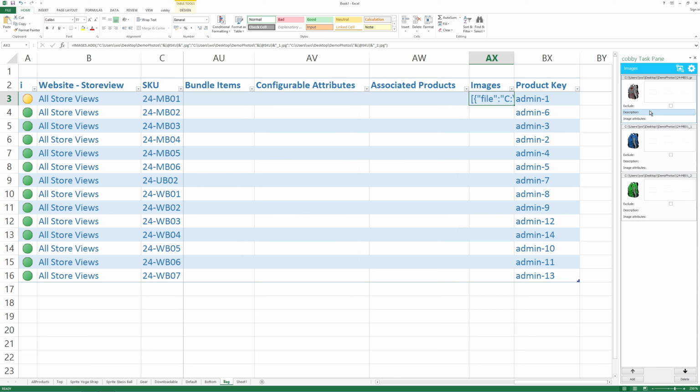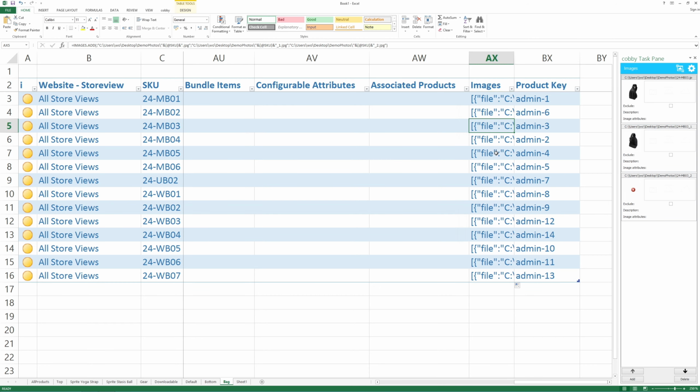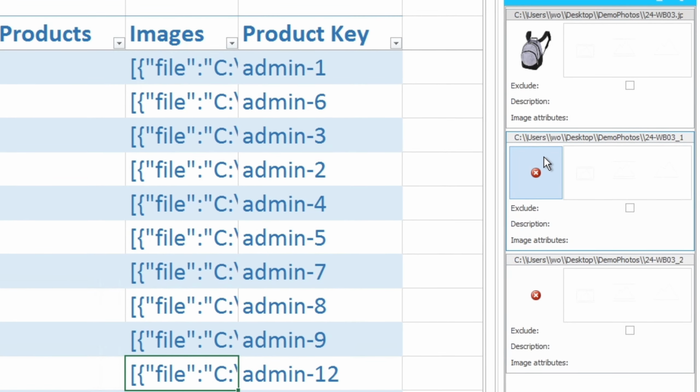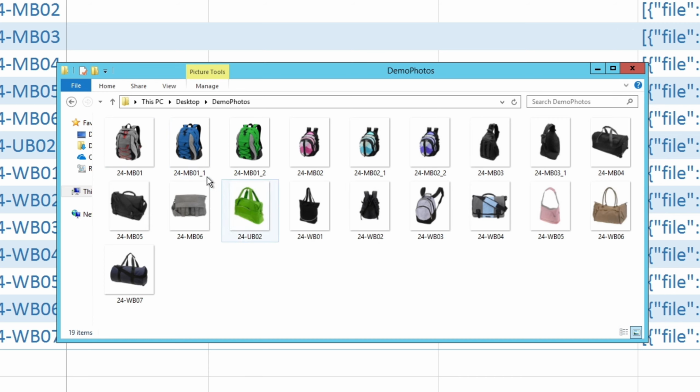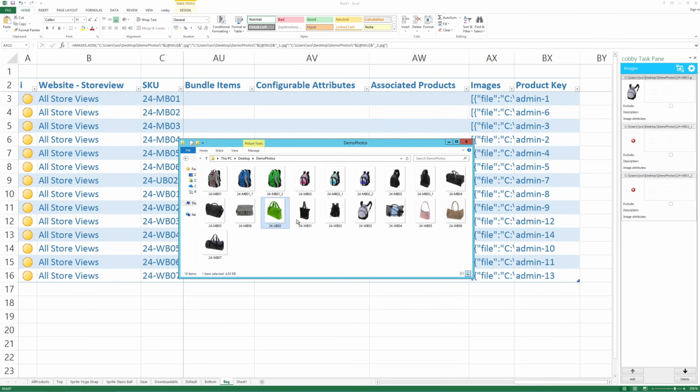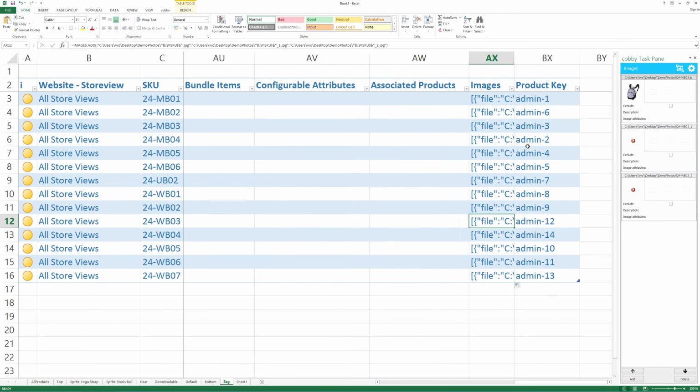To extend this function to all the other products, you can just double click this little square in the bottom right corner. If we click through these products and look at the images, you can see that some of them are displayed as this little red X, and the reason for that is that not every product is assigned 3 images, only some of them, like this one or this product, but some of them only have 2 images or 1. And you don't have to worry about this inside Magento. It just means there won't be anything to load. This is not an error.